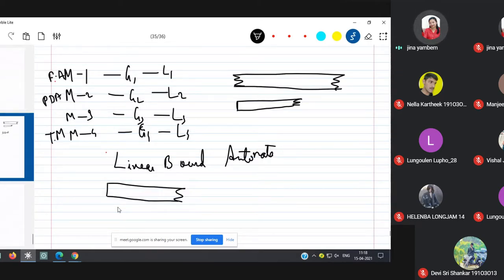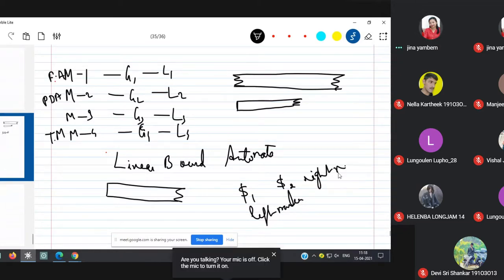And then when we try to design or solve certain languages to accept using this linear bound automata, you can find two symbols. These symbols differ depending on the textbook. You can find $1 and $2 symbol. What do these symbols mean? This is known as the left marker. This is known as the right marker. Okay, we'll explain this later on.